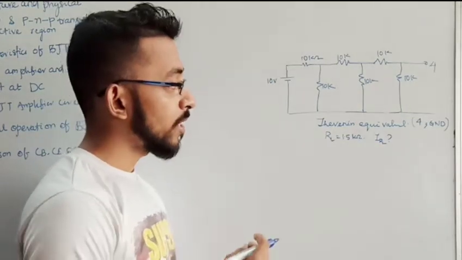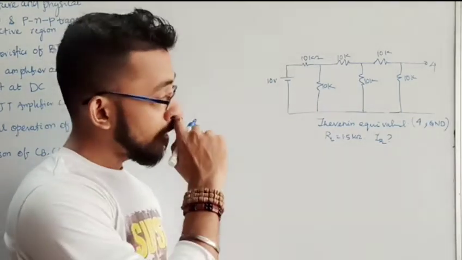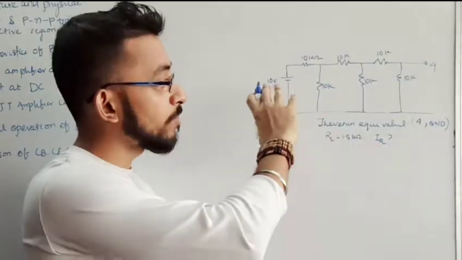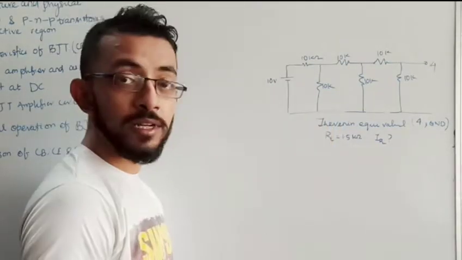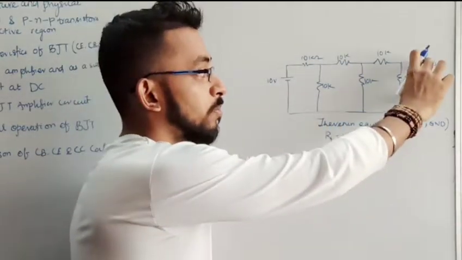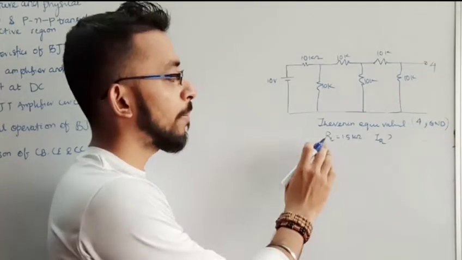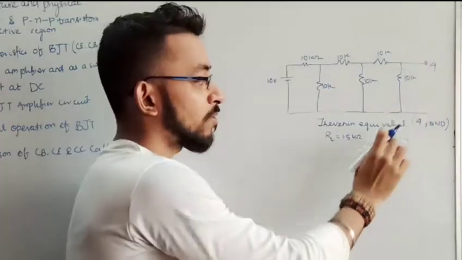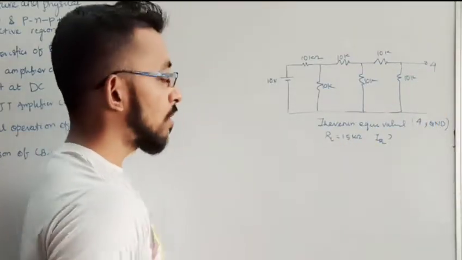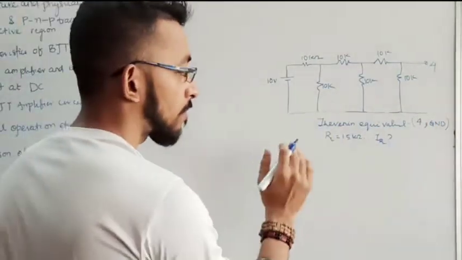So this is an important question. It is given in the Thevenin form. You have to represent this circuit with a Thevenin equivalent between this fourth terminal and this ground terminal. And then after applying a load resistor across this, we have to find the current across it. So how to solve the Thevenin form?